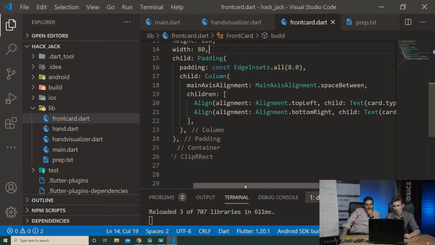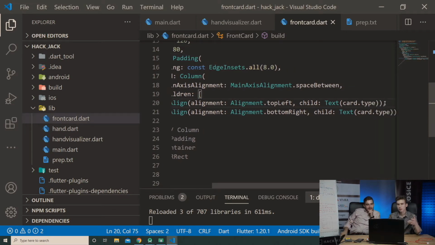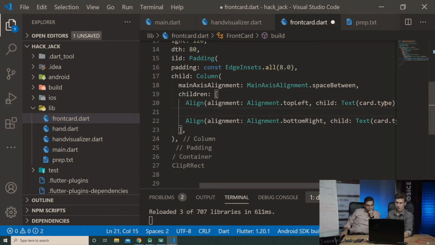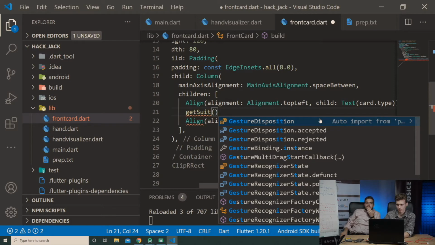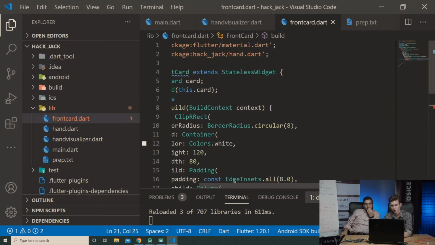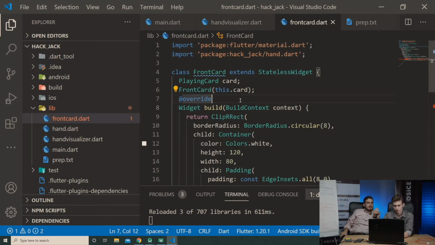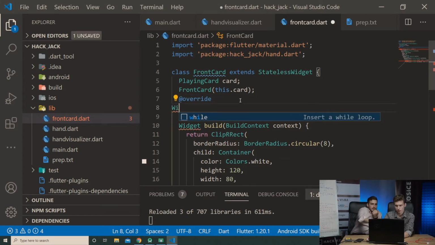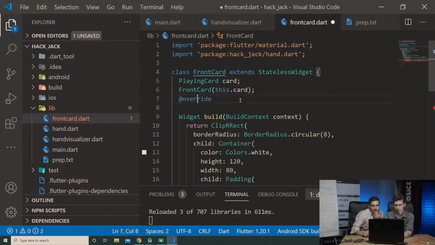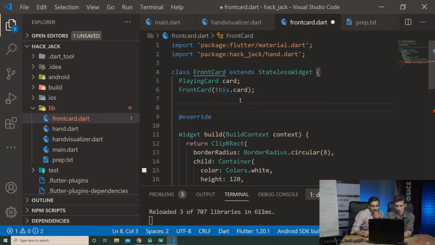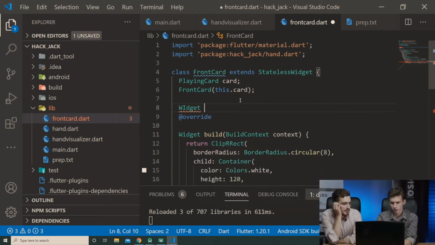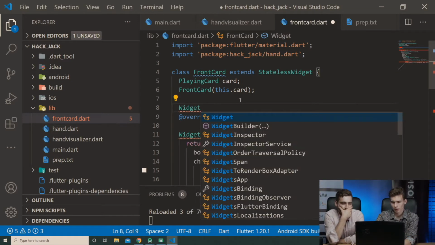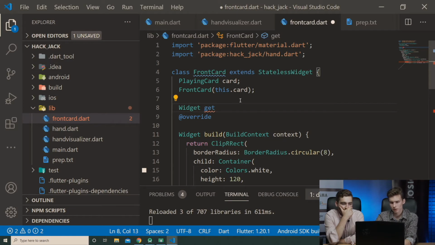Now we need to add the sign, or the suit, of the card, and we will do it by getSuit. It will be a function that we need to define up here. So it's a utility method that Oszkar is going to define. Careful, you have to keep the override. So override is like a decorator. Okay, so we will return a widget, since this function will return a widget